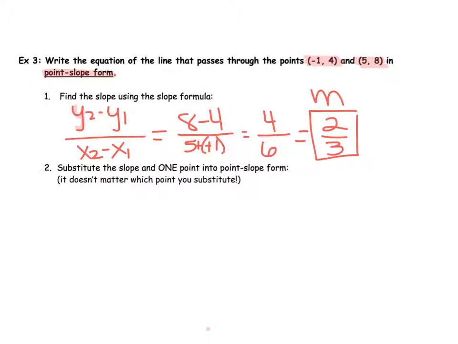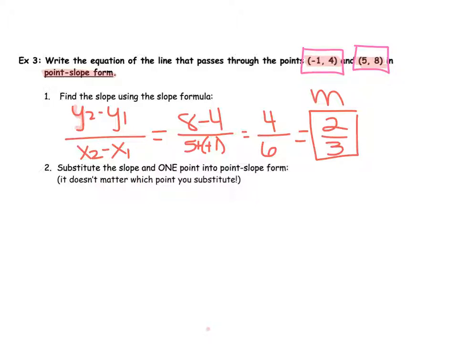Now that I have my slope, I need just 1 point, because it's called point-slope form, from my given data. It doesn't matter which point I choose from above. I could choose negative 1, 4, or I could choose 5, 8. It doesn't matter, because my linear equation passes through both of those points, and both of them are true in